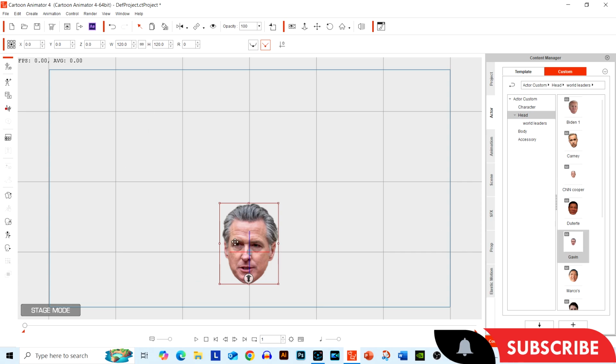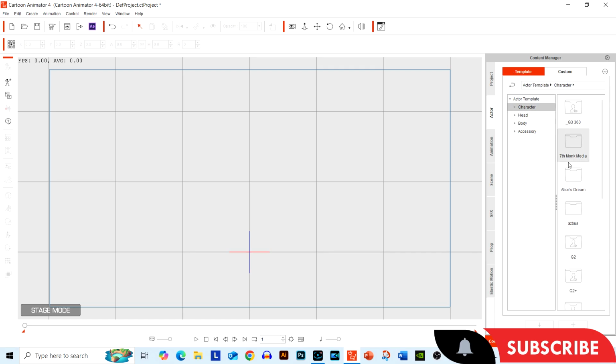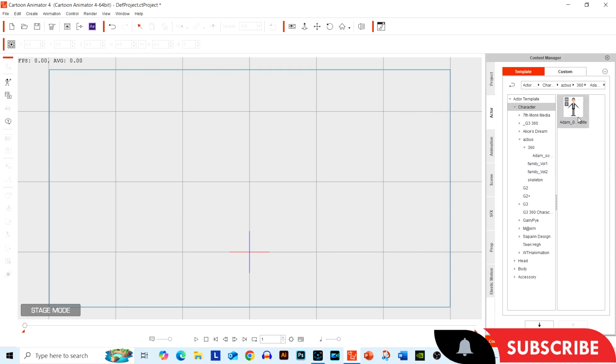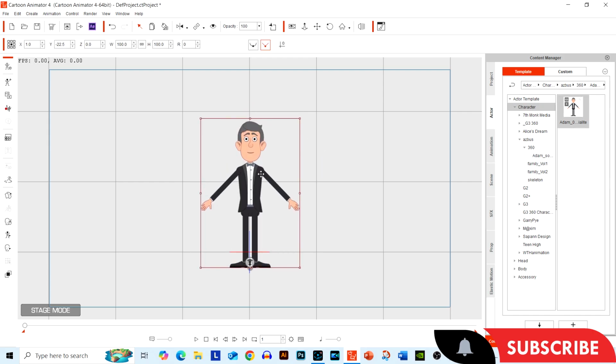Now, if I wanted to add him to a character, just go up into our Actor tab here, go back, keep going back. We want the templates. And I want him to dress like a politician, so we'll get moving over here. And here he is. He has a nice big suit. Out comes our character. Very easy to add the head onto him. May need to do a few minor adjustments, but it should be easy to do.